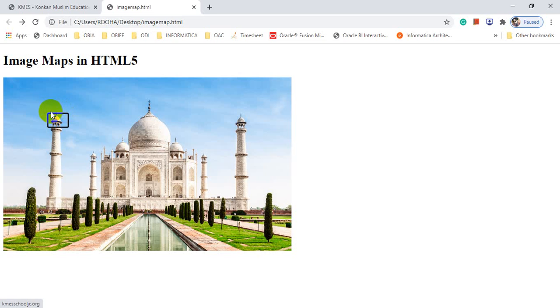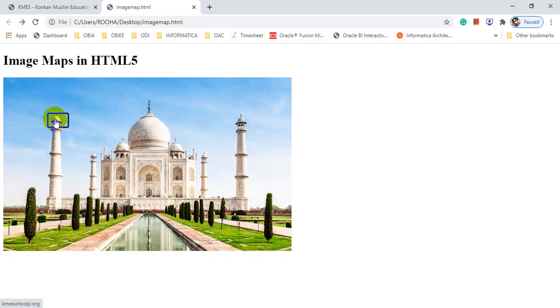That's why you are seeing a rectangle. Okay, you can see the rectangle, and inside that, when you click on any place of that particular hotspot, your website will open. So we can generate this type of hotspot on any place of your image, or you can create multiple hyperlinks by using this area tag.